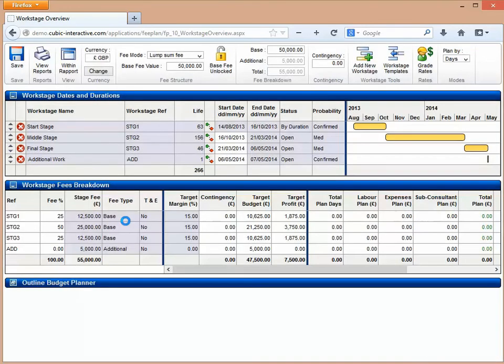So you can split out your base fee from your additional works or additional work stage or additional fee using this fee type control here. So the two methods of then changing the fee is either manually typing in the fee, as I've done so far, or we can start to use the percentages on the left here. So we can lock the fee. So we're locking the original fee at £50,000, and now I'm going to use the percentages. So if I was to type this as 30%,